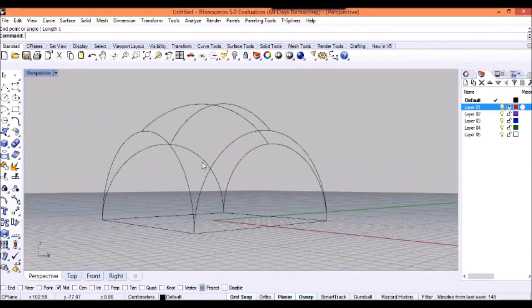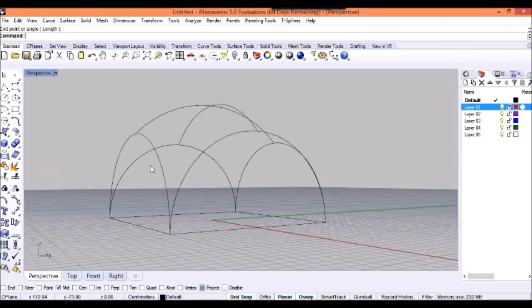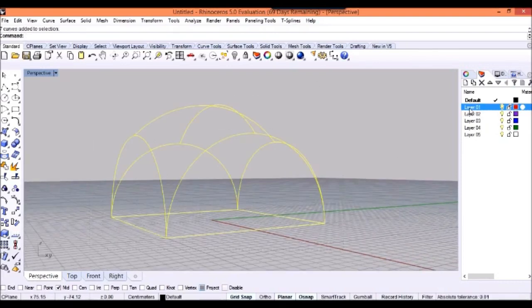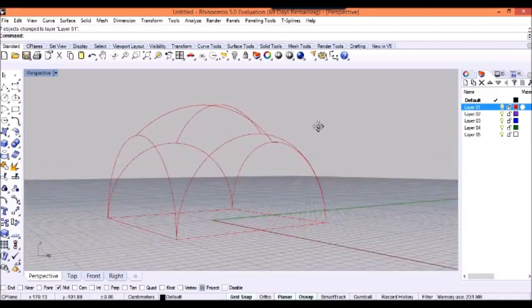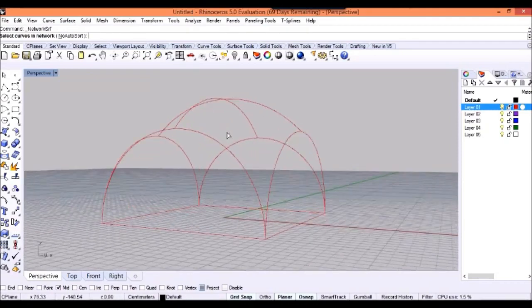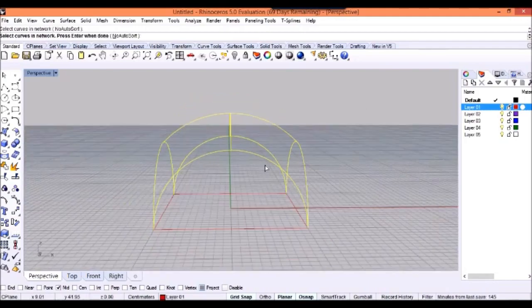This sort of completes the overall geometry of my dome, and I'm just going to construct a surface on it. And first I will just dump these curves into a different layer, and now to draw a surface is a very useful command in Rhino, which is called surface from curve network. And for that it is asking to select all the curves in network. I'm going to select the curve. It can choose them in any order,